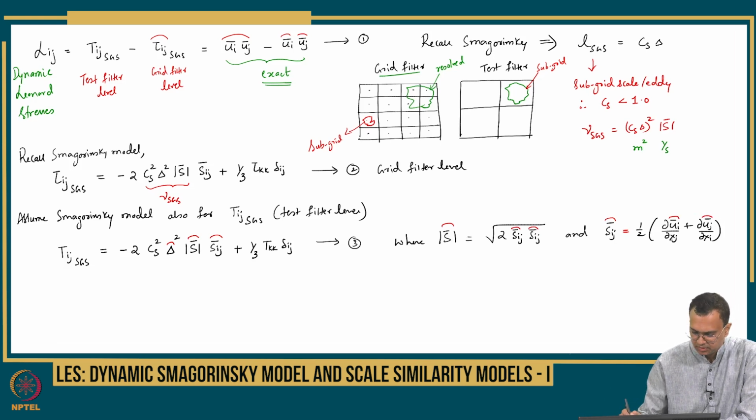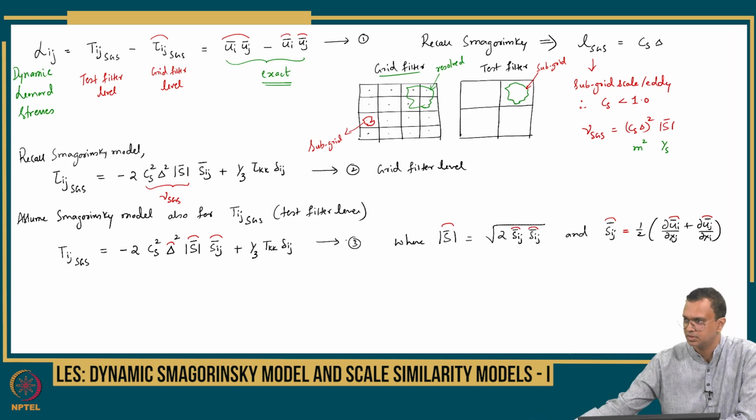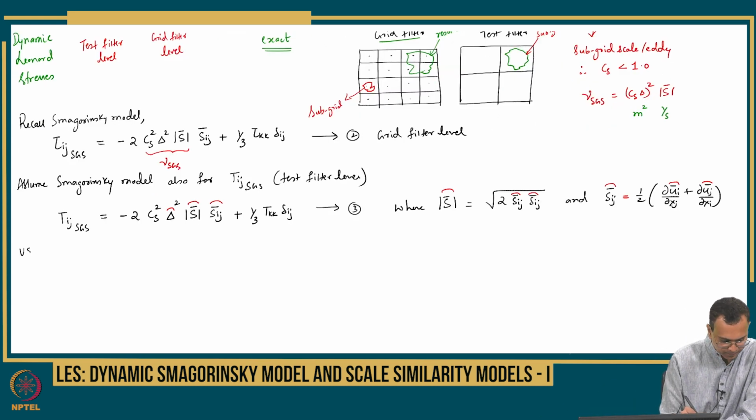Okay. So now I can use this equation 2 and 3 in 1. I can substitute to find out, I have exact data Lij, but the objective is to find CS, and CS is appearing in equation 2 and 3, and therefore I would like to substitute 2 and 3 in 1 to find the nature of the constant CS. Okay. So using 2, 3 in 1, I get